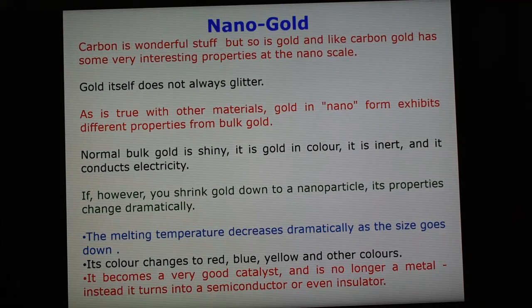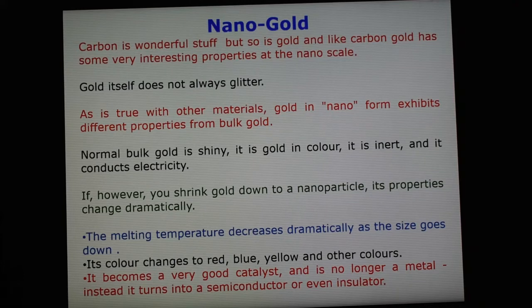Now when we are discussing these nano carbon tubes, here I am giving some details about nano gold. Already we have seen last time what we mean by nano gold, and that they have different properties. So what is nano gold? We can say that nano gold is tiny particles of gold, so small that they are measured in nanometers. A nanometer is a billionth of a meter, smaller than the wavelength of light.